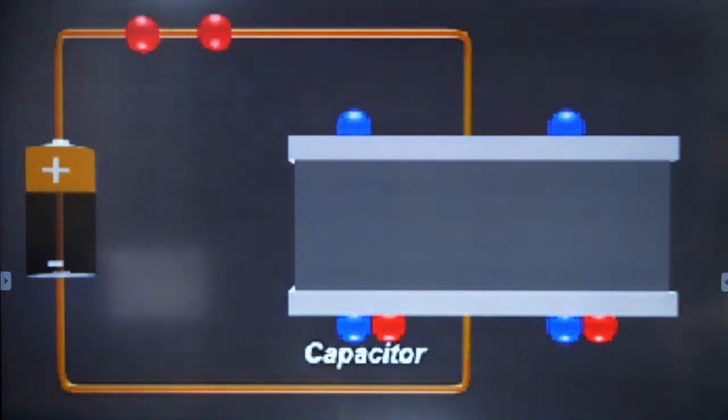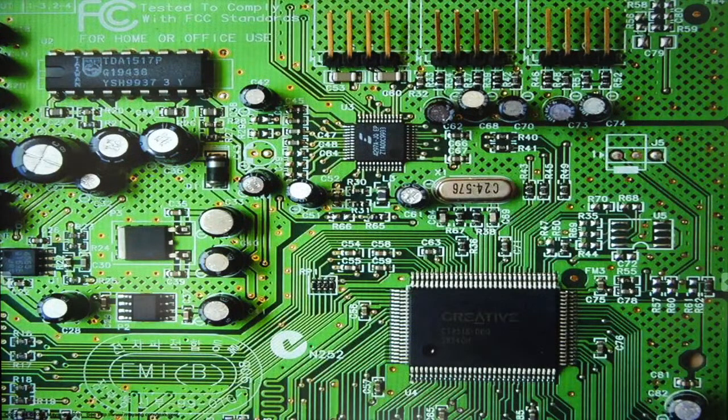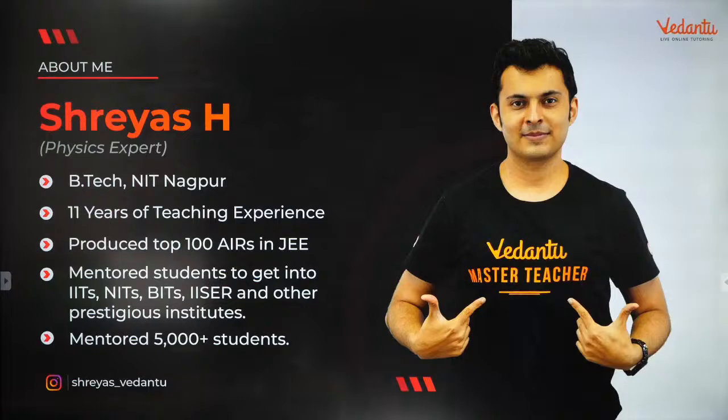So now that we know how a capacitor works, what is a capacitor, what's the energy, what's the field, what's the potential difference, what's the charge, etc. Now we are going to see a lot of capacitors in combination. And you would have seen in these printed circuit boards or in a computer or on a washing machine or inside a TV or other electronic or electrical gadgets, you would have seen these circuit boards. So it's a combination of lot of things apart from capacitors, but still let's lay the foundation today for studying